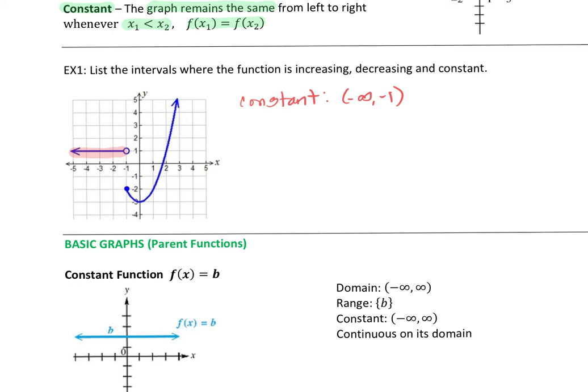And then at -1, notice that there's a dip here. From -1 to 0, this function is falling, it's decreasing, but it's also going to flip and start going back up at x equal to 0. So we only get decreasing